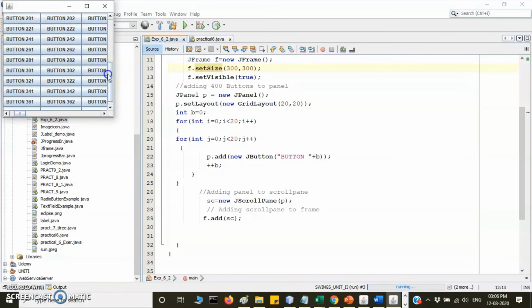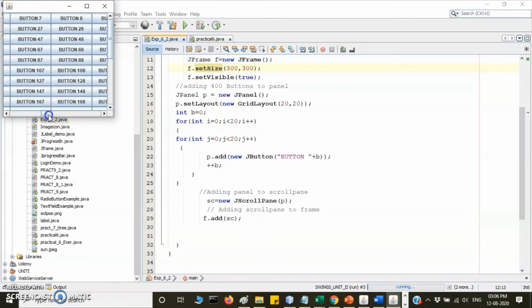So you have created buttons 1, 2, 3, like this. Here there are 20 rows and 20 columns, and we are placing buttons. We placed the buttons inside the panel, put that panel inside the scroll pane, and then added the scroll pane to the frame. I think it is clear. So next is,